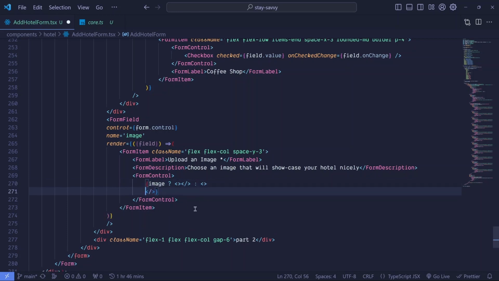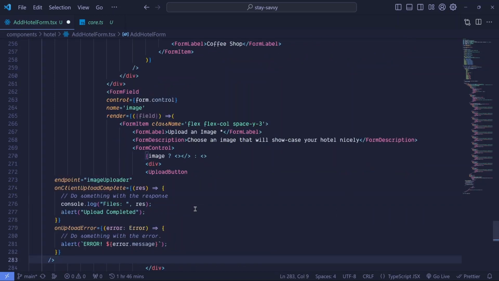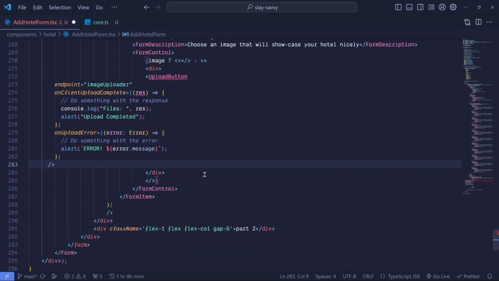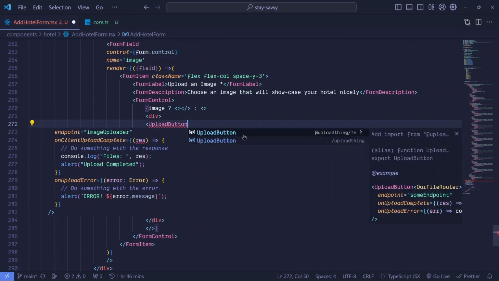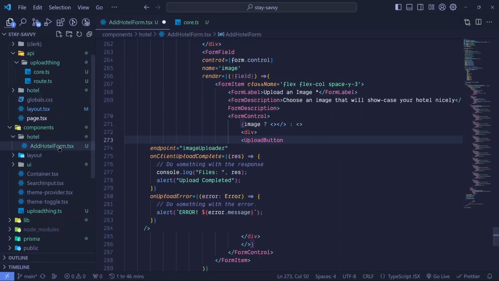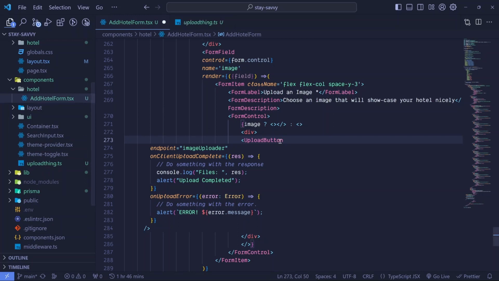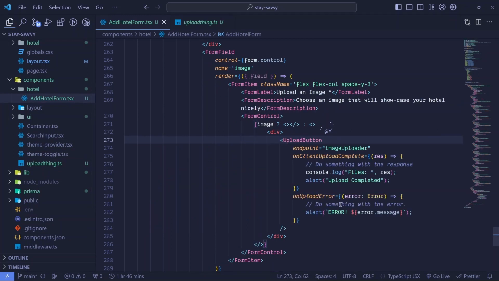Okay, so right here for upload a new one, let's work on that one first. Right here I'll add a div, and in here is where I'll paste the button that we copied from Uploadthing. Okay, make sure to get it from /uploadthing. So that means that if I come right here, since we said from /uploadthing, it will get it from here. Okay, and when I save, it will auto format well,